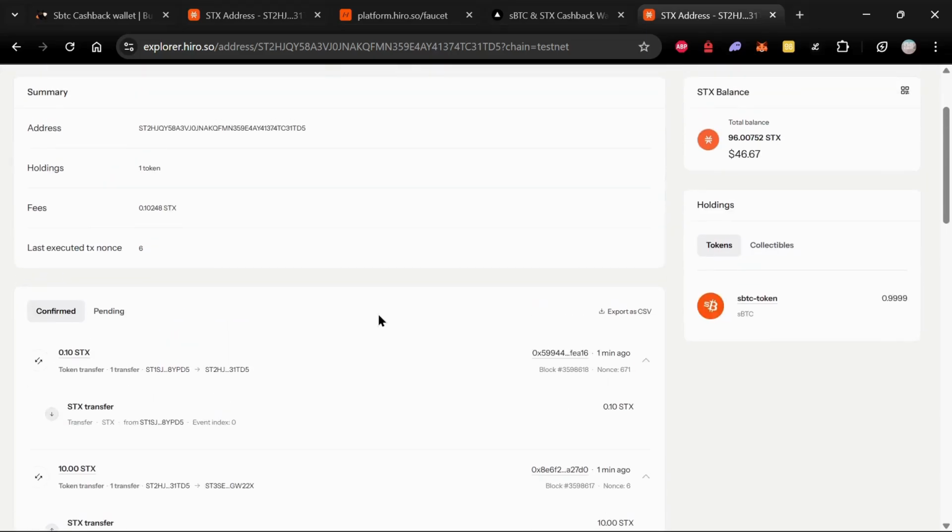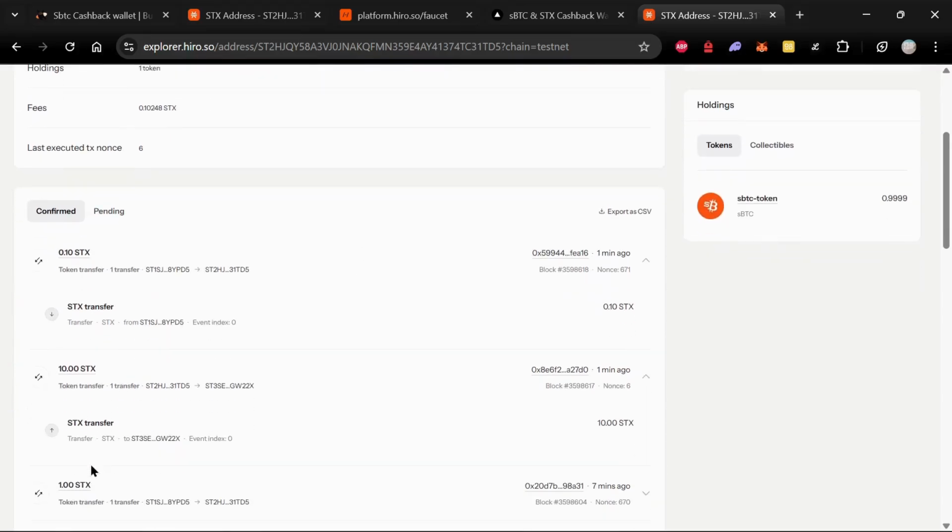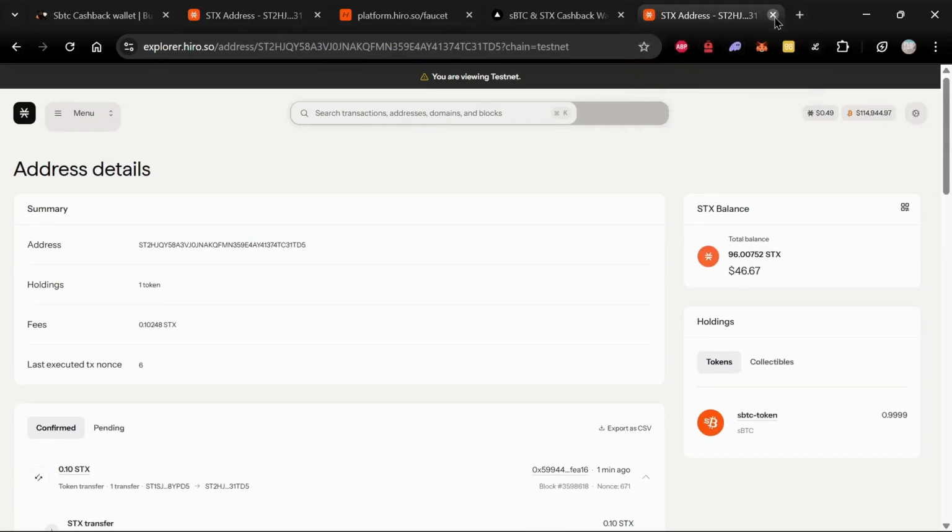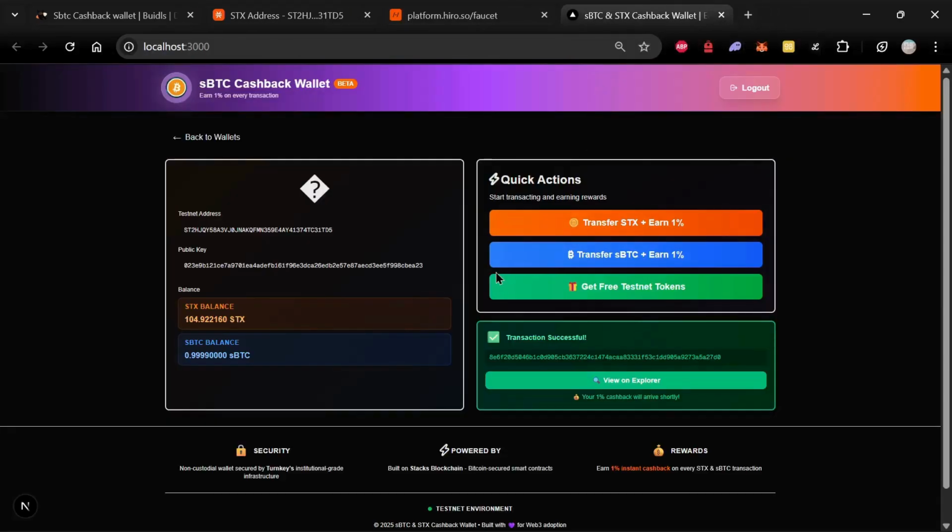Every time a user sends STX or sBTC, they get 1% of whatever they are sending. So let me just go to the wallet. As we can see, we already have sBTC in our wallet, but a new user will not have the sBTC balance. So what they can do is simply go to the platform,